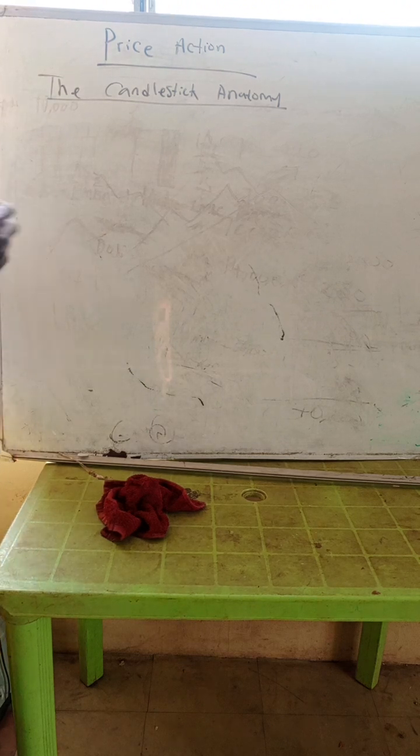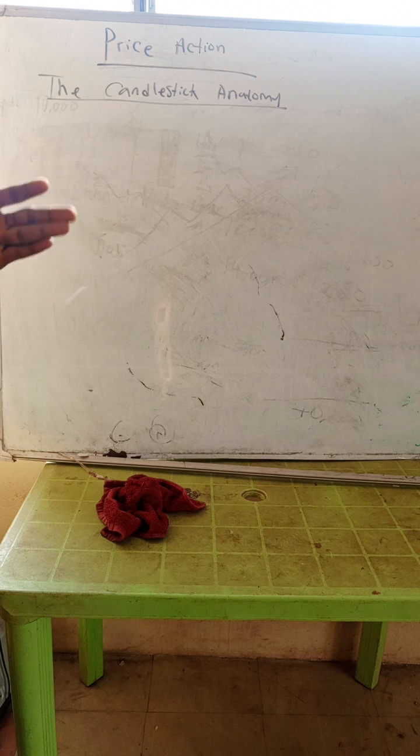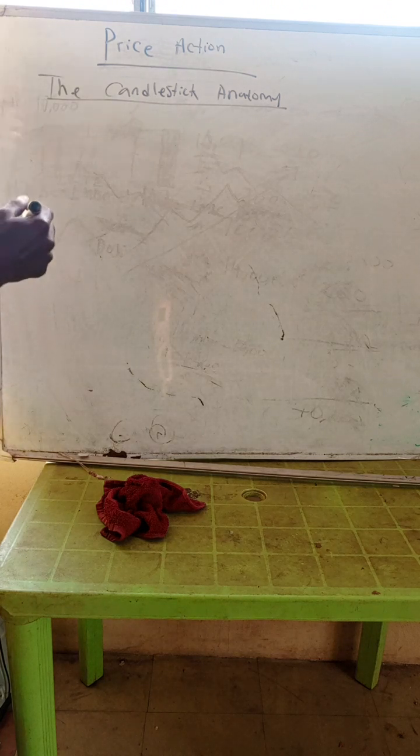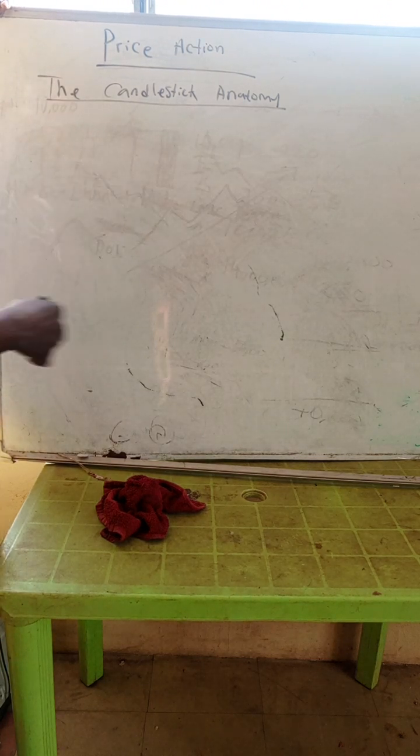Okay, first of all, before we continue, let's draw out something first. Let's know something first. Very simple things first. We'll define certain things before we go into these things. We are in the learning process. We don't rush it. We are going to identify some keywords that you need to know as a trader. That will help brighten your horizon in the market, how you view the market and how you make decisions, so that when you look at the market, you know exactly what to do and what the market is telling you. So I want to list those things out for you. We're going to explain them first, and then we go into the applications of them.